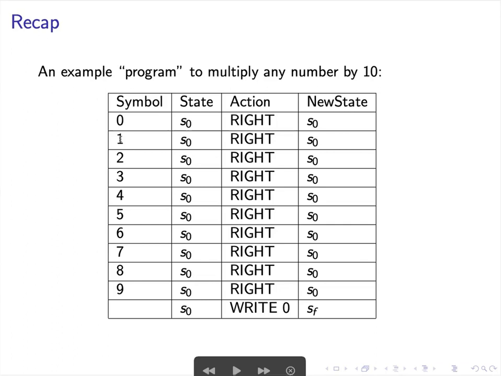And as long as we see a symbol, which is any digit from 0 up to 9, we just move right. We reach the end of the number, which corresponds to this line here. Whenever we hit a blank symbol, that means we hit the end of the string representing our number. At that point, we just write a 0, and we switch to the state SF, which means that the